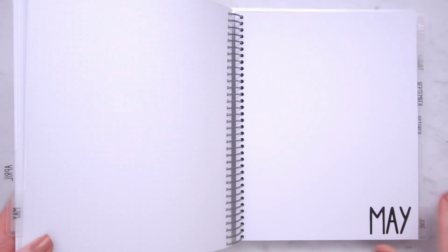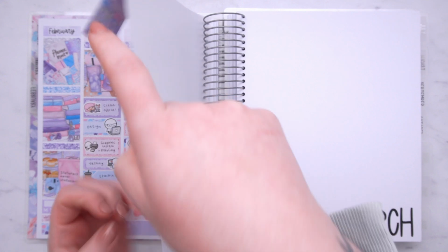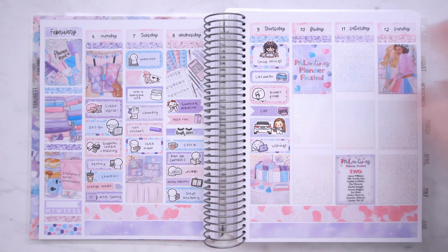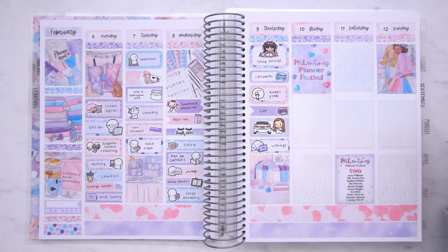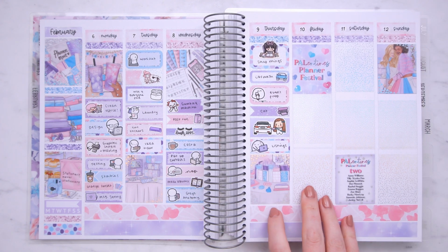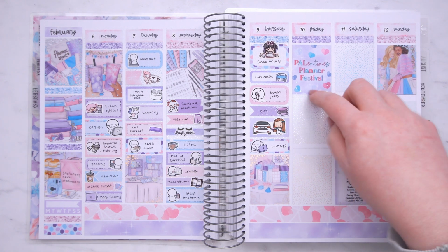It seems like we did have a gap, so that's a shame. I did want to go back and speak about this spread. So this was the spread I did a live plan with me with Dania from Tweety Pie Plans, and we back planned Palentine's week, the Palentine's Planner Festival event, and I used